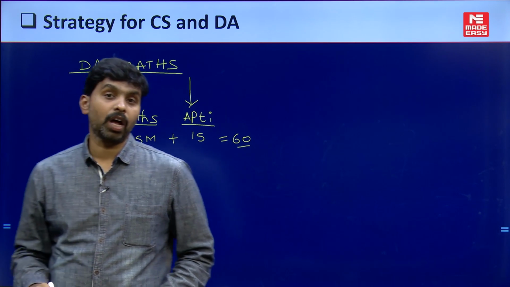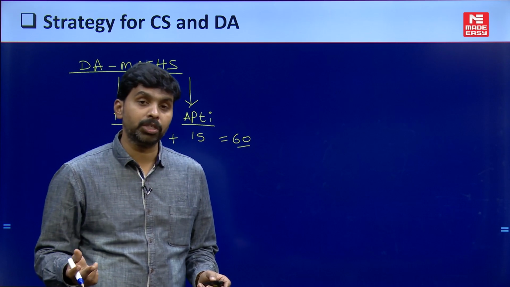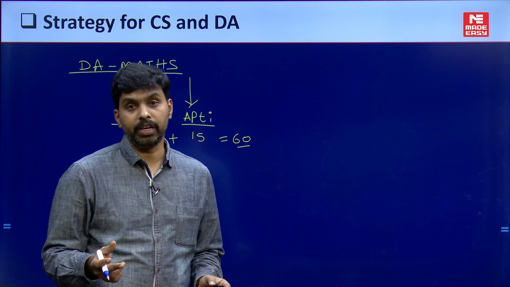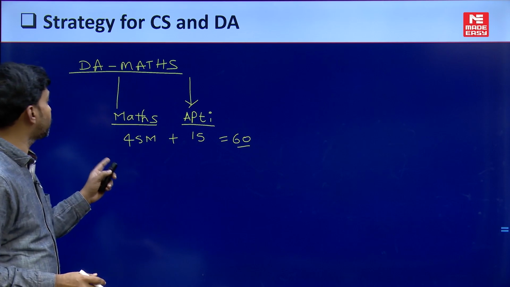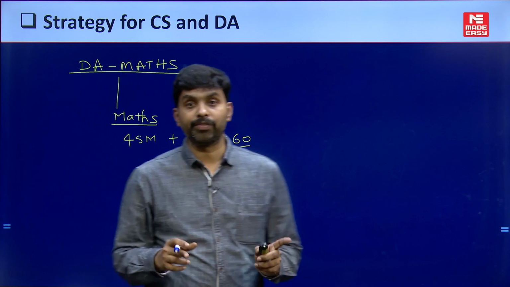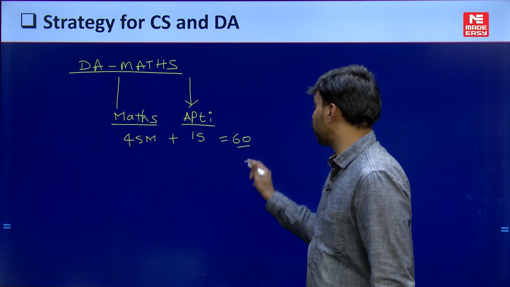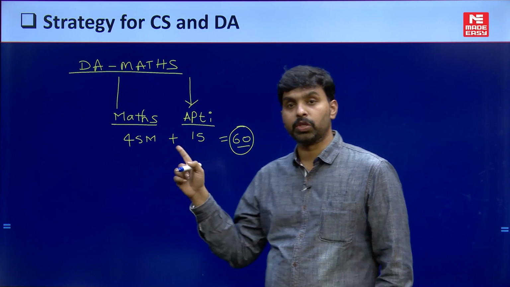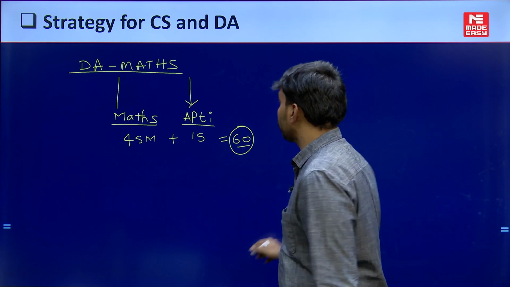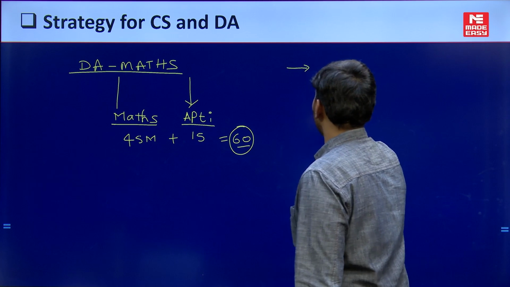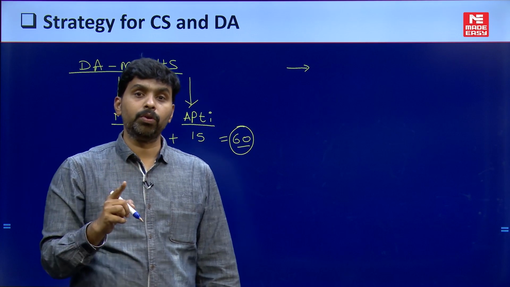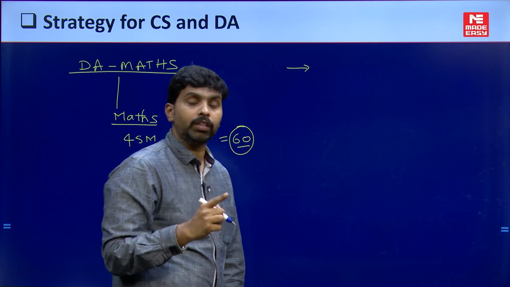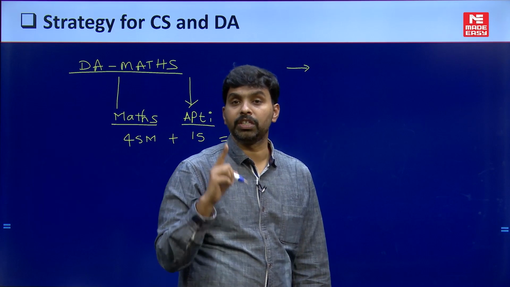So my dear students, out of 160 marks, you can see how important these two are for the DA mathematics paper. Now this is about what exactly you have to do for the DA paper. This is the weightage, and according to this your preparation is to be done. The strategy is that first you need to study the in and out of every topic, and do extensive problems on every topic mentioned in the syllabus.